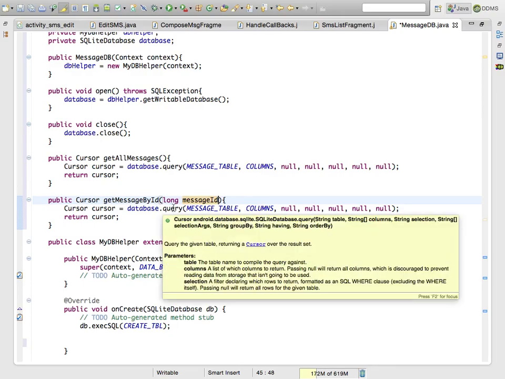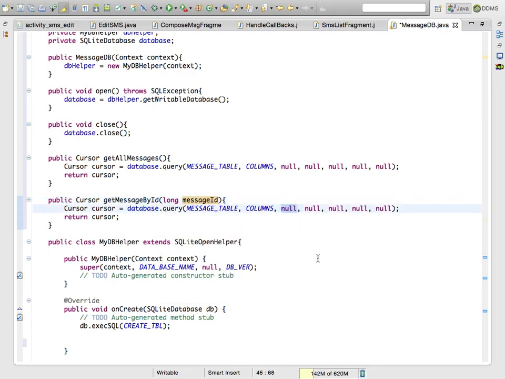So need to modify string selection and selection args. So this one,